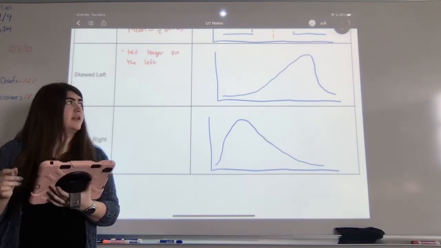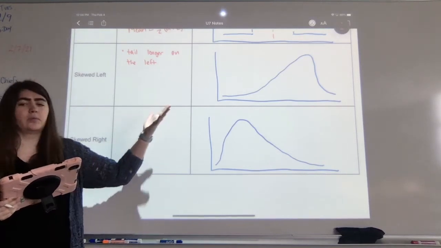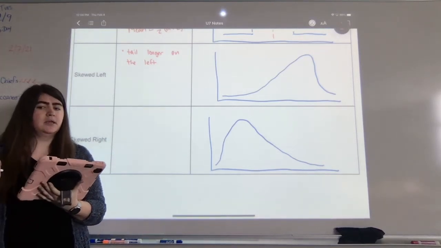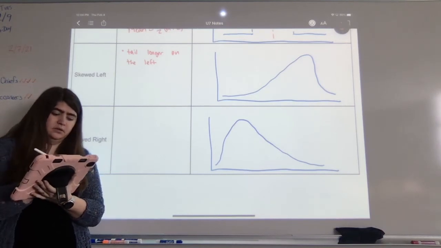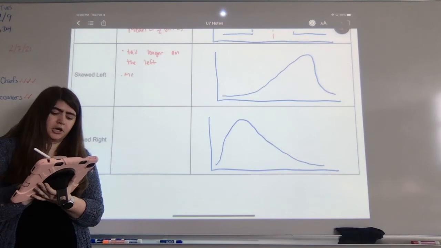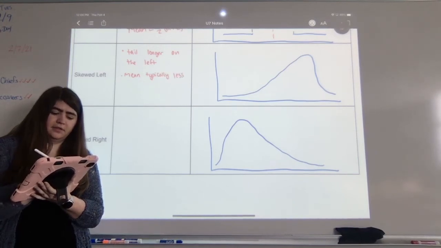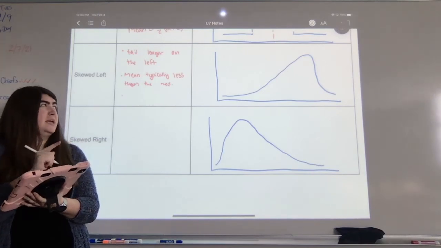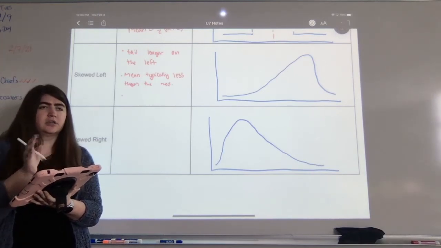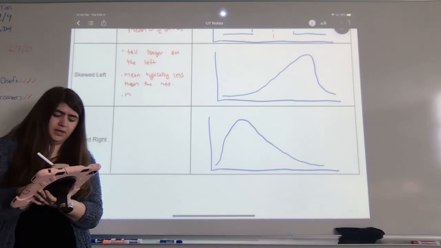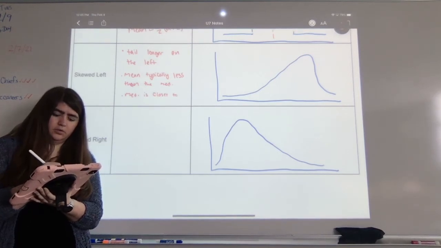And something really interesting happens when we're looking at skewed data. So the mean is typically less than the median, and I'll show you where that would fit on our curve in just a moment. So mean is typically less than the median. And one other thing here is the median is closer to Q3 than it is to Q1. So median is closer to Q3